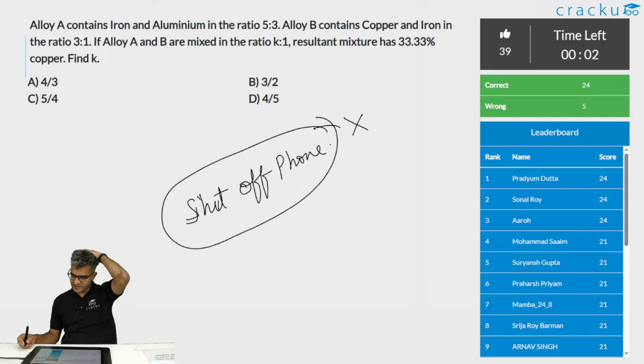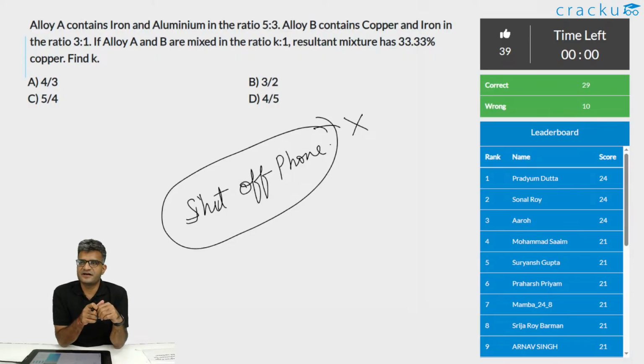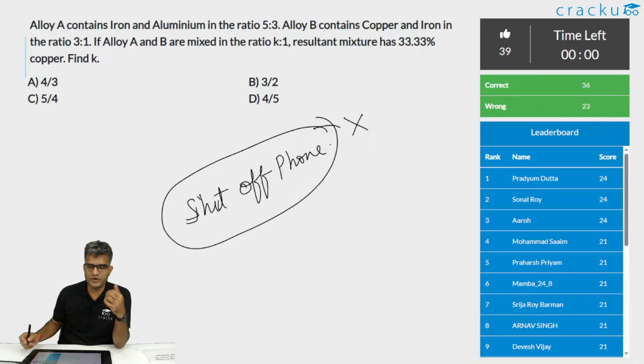Sir, I understand the concept and I am able to solve questions up to some extent, and once I reach that I am unable to solve them, how can I face it? I think if you have access to the CAT study room, that will be useful for you, because there you will keep getting questions of your difficulty level. Based on your proficiency, you will keep getting questions. As you keep getting them correct, you will keep getting slightly more difficult questions. That way your level or your proficiency will improve consistently. So I would recommend you to enroll, or if you already have access to it, definitely check out the CAT study room.